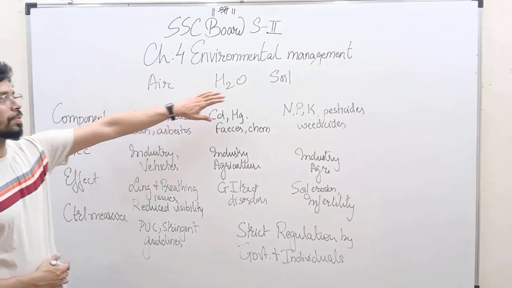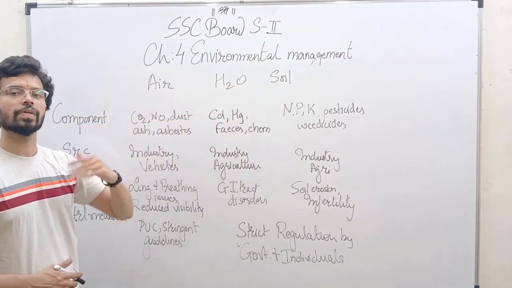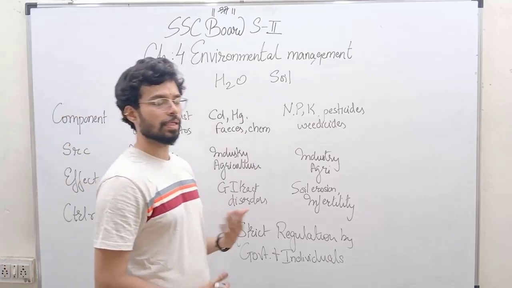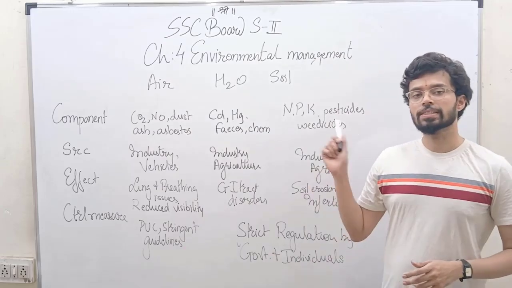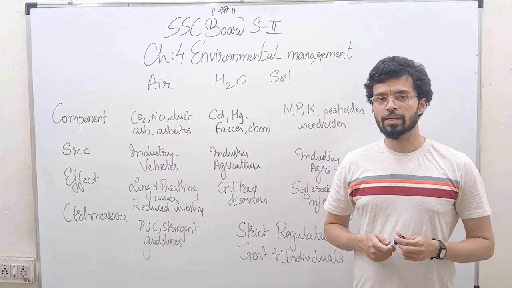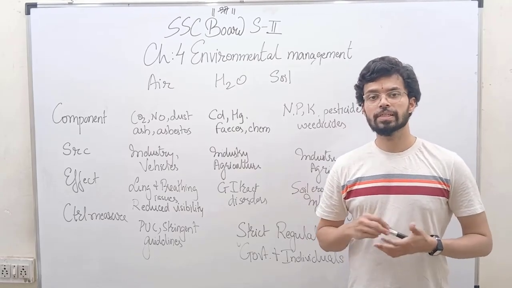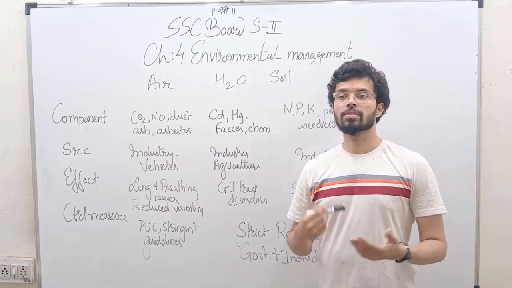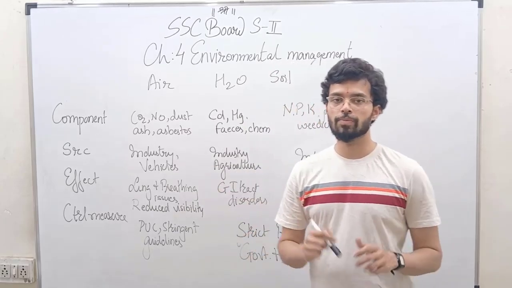So we have three major types over here, okay, that is air, water and soil. Whenever we talk about pollution or environmental management with reference to pollution, it is always that these three are the major attributes that we study. Now why is it so? Air, because of obvious reason, it is the air we breathe, the medium through which we see, right? So it is the first priority and important component.